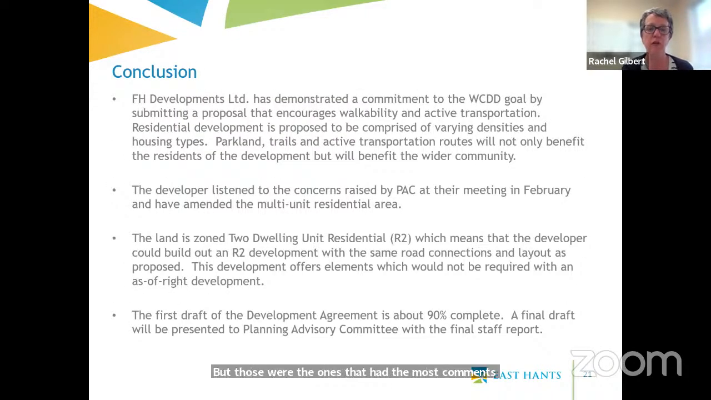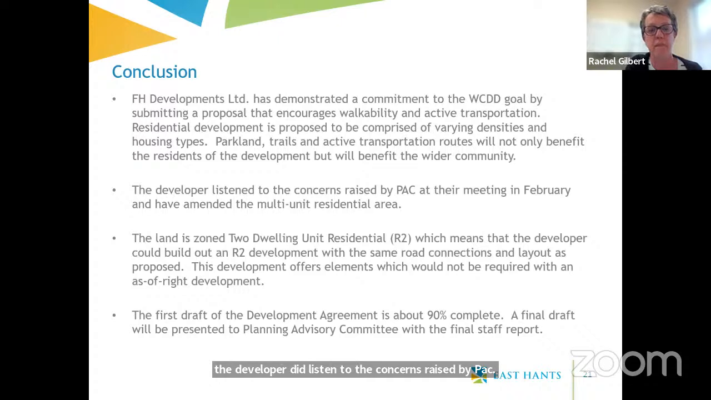So to conclude, the developer has demonstrated a commitment to the WCDD goal by submitting a proposal that encourages walkability and active transportation. Residential developments are proposed to be comprised of varying densities and housing types. Parkland, trails and active transportation routes will not only benefit the residents, but the wider community. And the developer did listen to the concerns raised by PAC at their meeting in February and has amended the